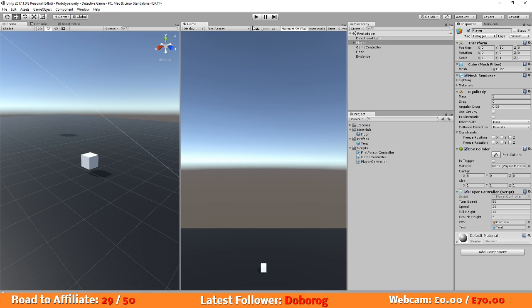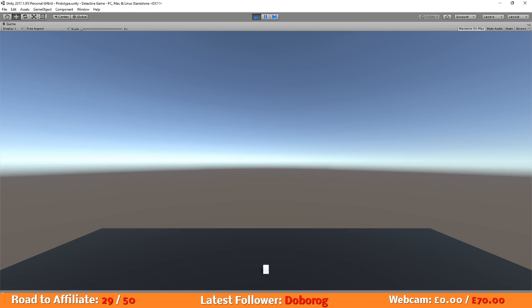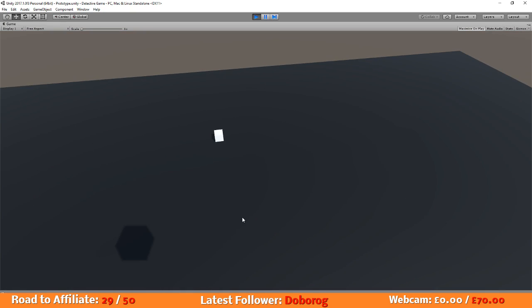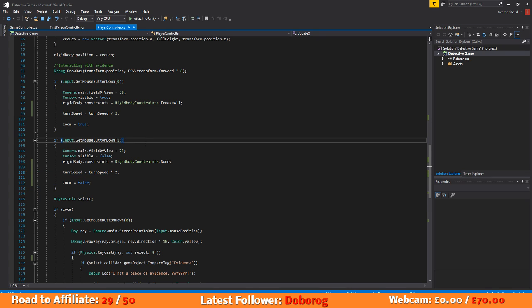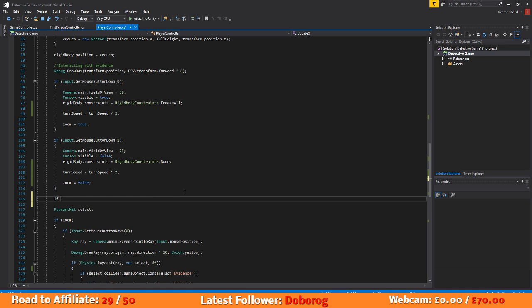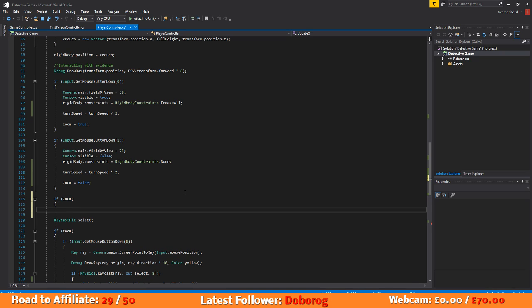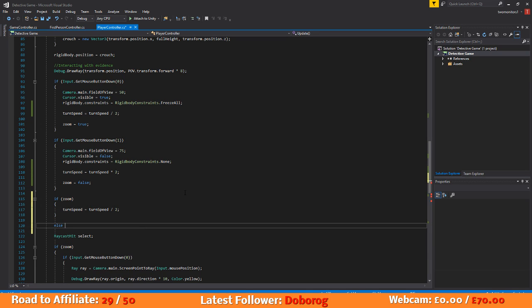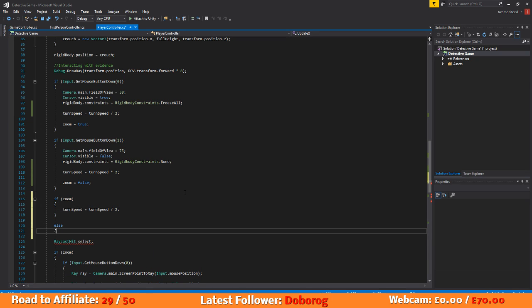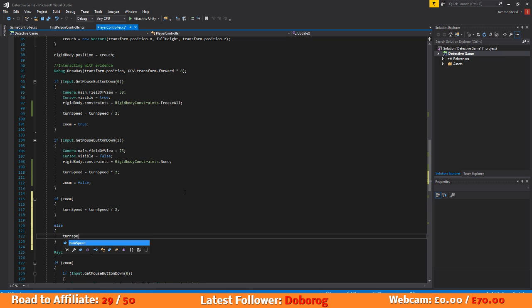Actually, I just realised something. Yep. If you left click, I don't want that. If zoom, then we want the turn speed equals turn speed over 2. Else, turn speed equals